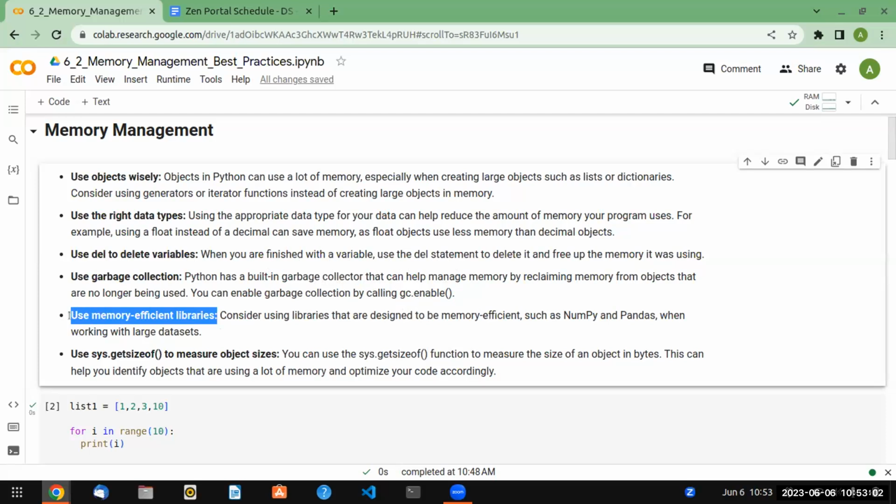Because by importing those libraries, you need not create the code from scratch, define the variables, assign the numbers. Again, you would be occupying the memory. But these libraries are designed by experts. They made those libraries in such a way that is memory efficient. So by using this library, you are going to use less memory, instead of writing the code from scratch. So NumPy, Pandas,